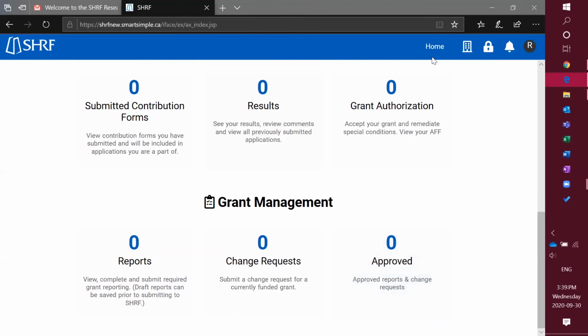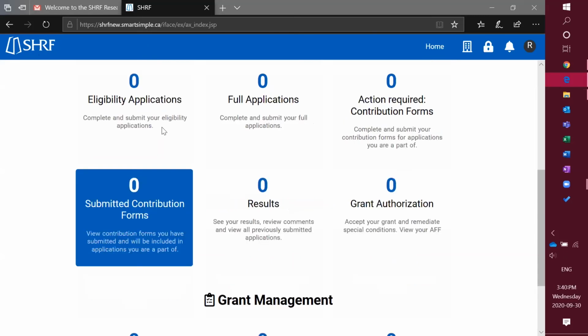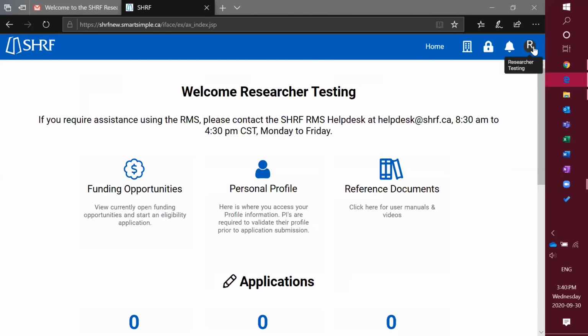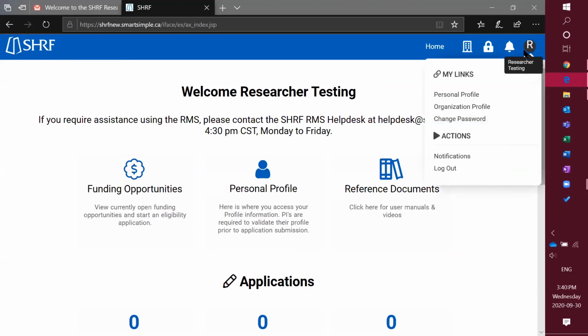Up at the top menu, you'll see the home button. This is pretty straightforward. It'll take you back to home. So if you click on the SHRF logo, this will also take you back to your home page. Then you have your initial, which when you click on it, gives you a drop down,